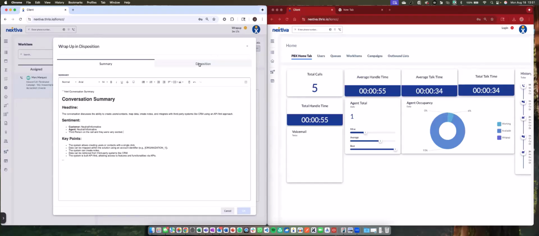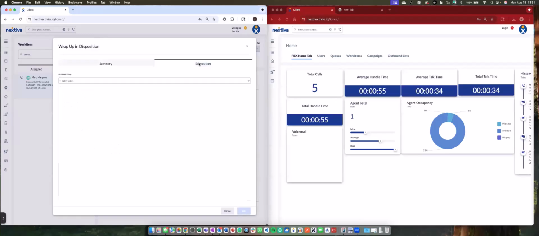Now, next I'm going to go and look at my dispositions. Something important with the dispositions, like I said, our product is all API first, right? We built this very much from an API infrastructure and architecture upwards. I now have the ability to say it's a delivery issue, or I want to call that person back.